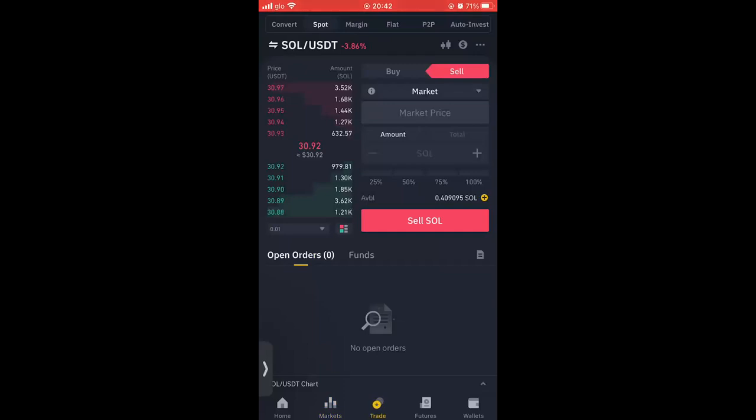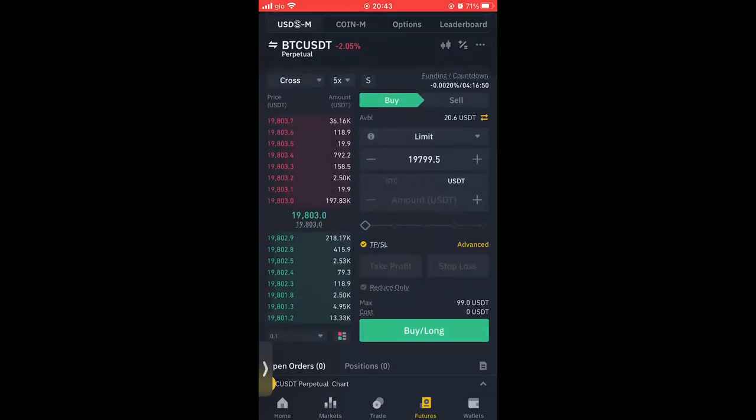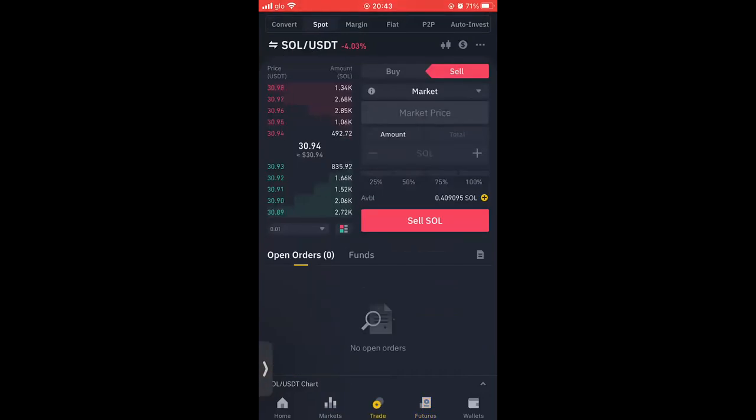This third one, trade. Trade is where you can do your conversion, your spot trading, and all these other options, and then your futures trading is directly beside it. You don't even have to look for it and start working your head. So on the mobile, it's easy. On the web, it's also similar. Maybe if I have time, I'm going to share it on the web version. I actually like the web version. It's very, very nice. Okay, so now that we are here, we have arrived at the futures.